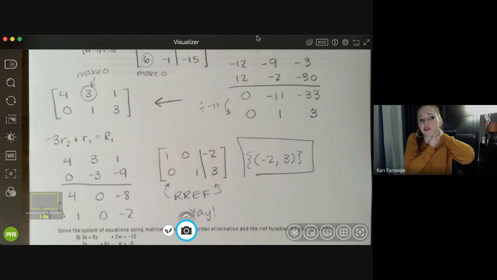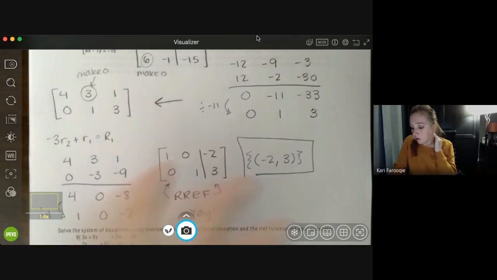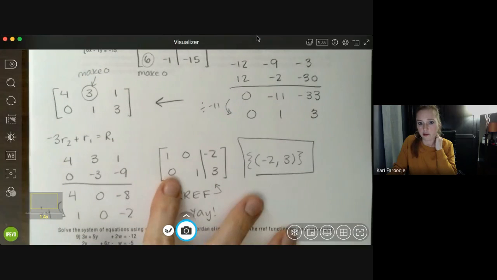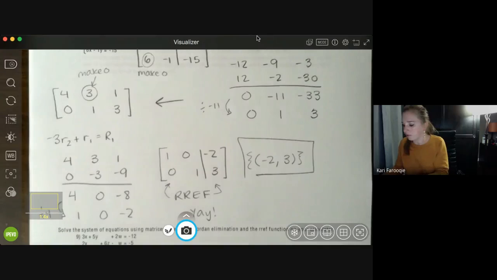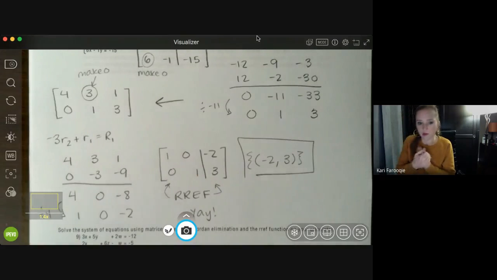Okay, questions on this one? Okay, because I'm not going to do another one of these. I feel like they're pretty straightforward. It's just basically a slight variation on what we did before, a little bit easier because you have fewer rows